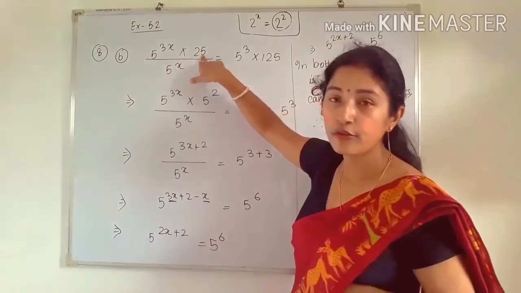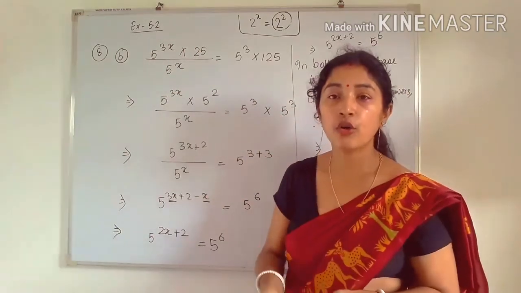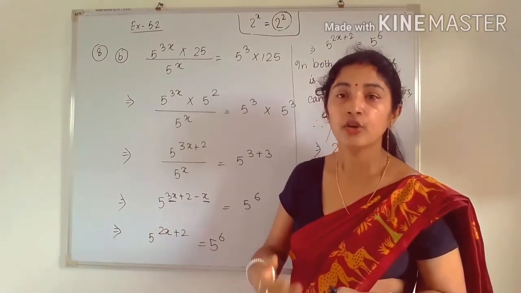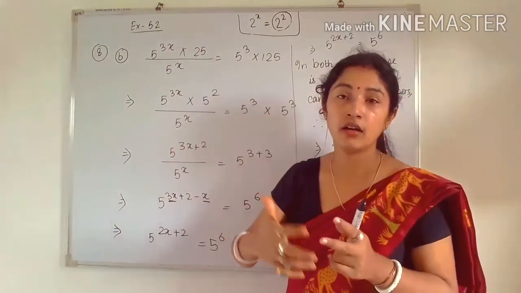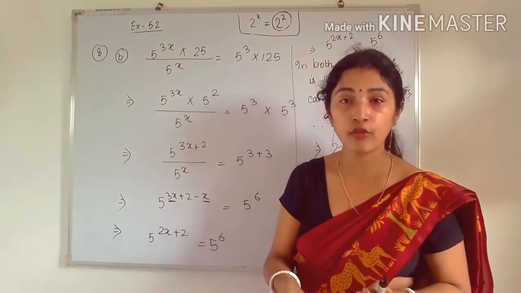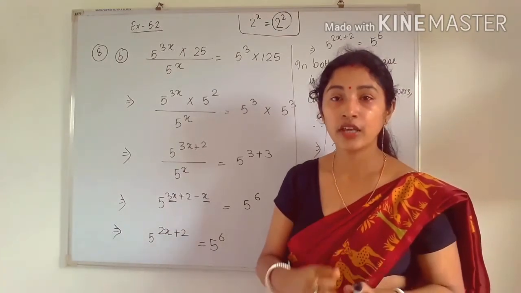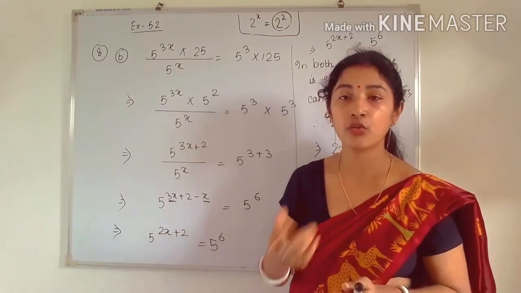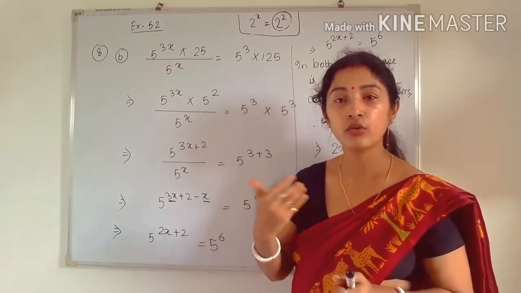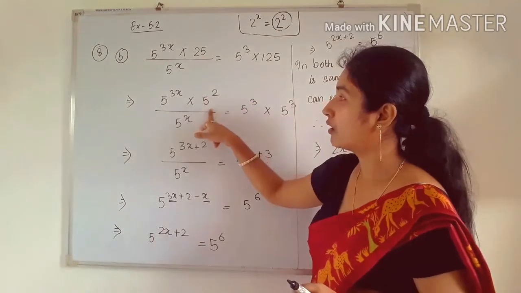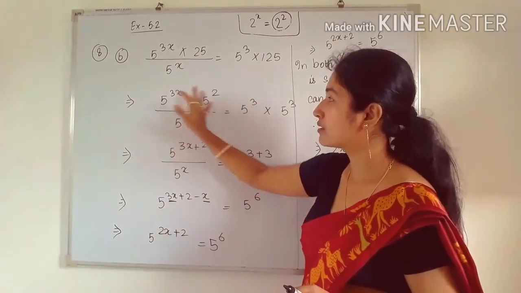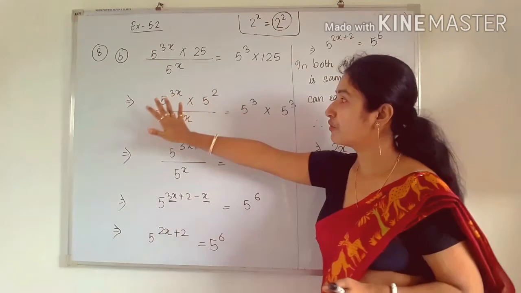But it is not 5, so you have to make it 5. So how to make it 5? You have to factorize. You have to see that 25 can be written as a base of 5 or not. Okay, so yes, we can write it. We can write it as 5 square because 5 square is equal to 25. So I am writing here 5 square. Denominator will be same. Okay, this is the completion of the left hand side part.